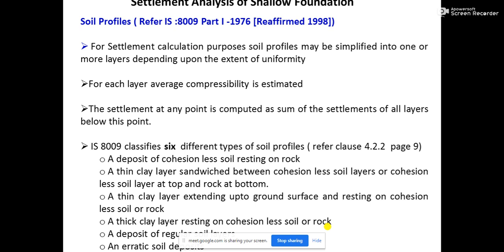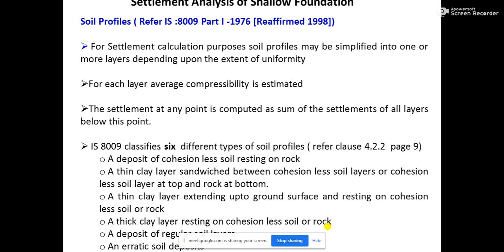If you remember shallow foundation, where we discussed the effect of water table on the footing, the influence zone of the footing extends up to a depth B, the breadth of the footing, below the bottom of the foundation. From the bottom of the foundation up to a depth B, the influence zone remains, and that is coming from